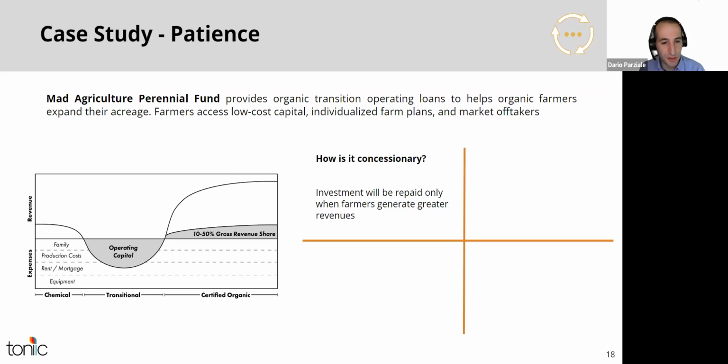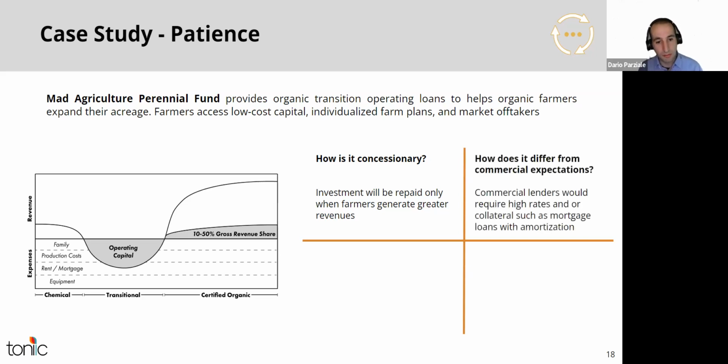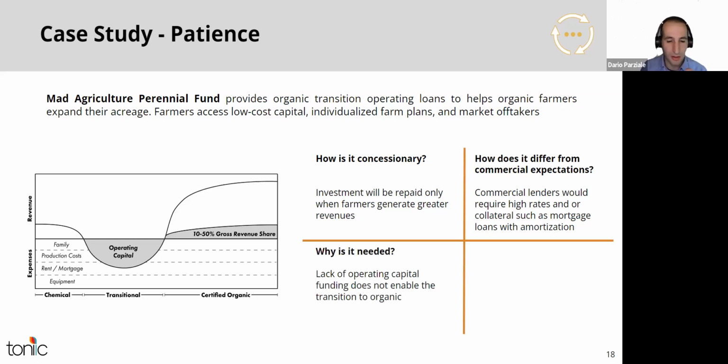It differs from commercial expectations because commercial lenders would likely have required higher rates or a collateral such as a mortgage loan with amortization. It is needed because it fills a market gap. The lack of operating capital to finance a transition to organic farming is what prevents farmers from switching to regenerative practices and organic agriculture. And the impact that it catalyzes is to seed and validate a new model to enable the